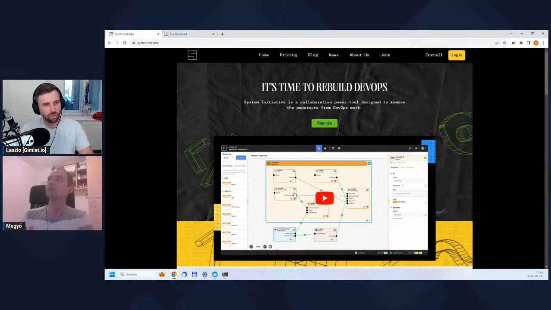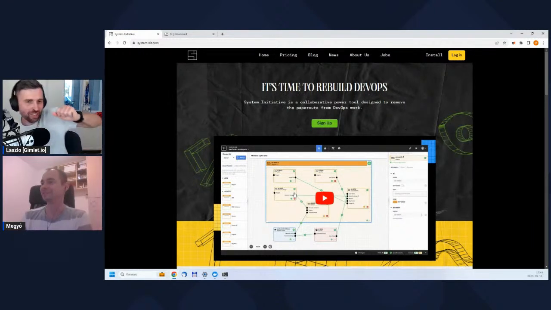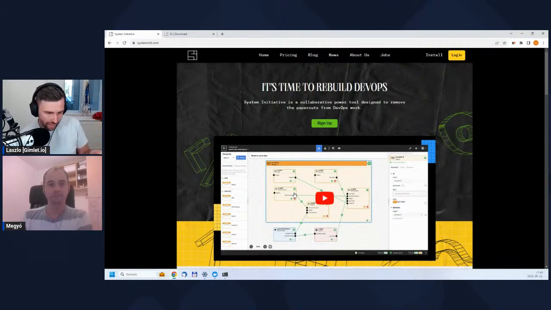Because I don't know if you had this, but when you jump into, say, a giant Terraform file, and you try to understand what is going on. One that you did not write, right? Or the one I wrote as well. Sometimes I have no idea. A long time ago, right? And it's actually quite interesting, because when you look at game engines and other simulation stuff, it has a very similar UI. It has boxes and relationships between them, and you just throw stuff on the screen, and it just works.